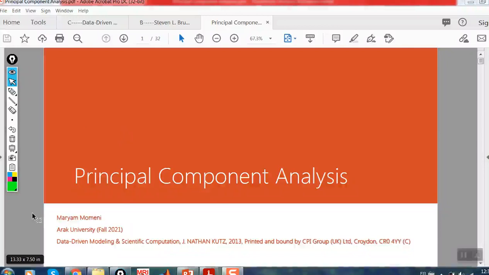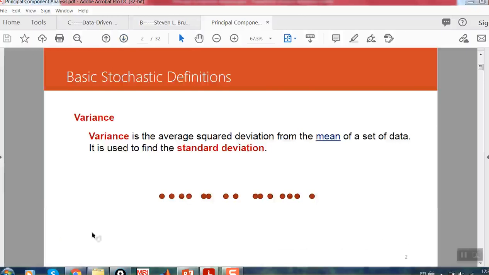In this session, we want to study and become familiar with another method for dimension reduction. It is named principal component analysis. At first, we must become familiar with some basic statistical definitions, like